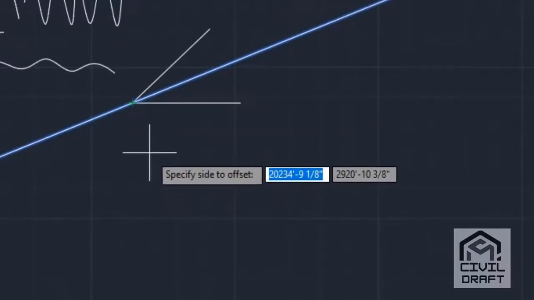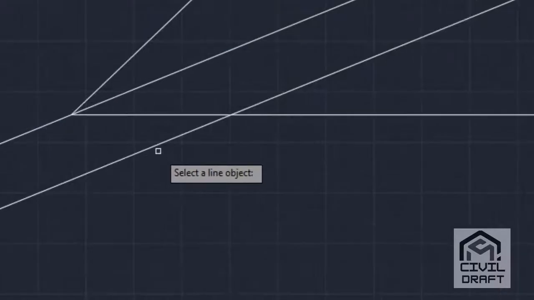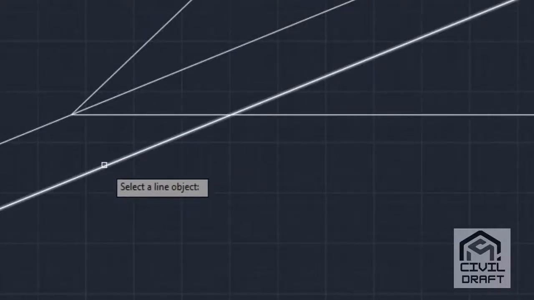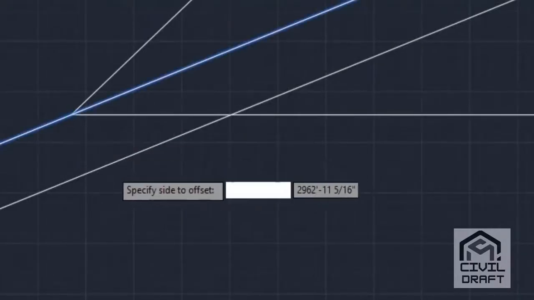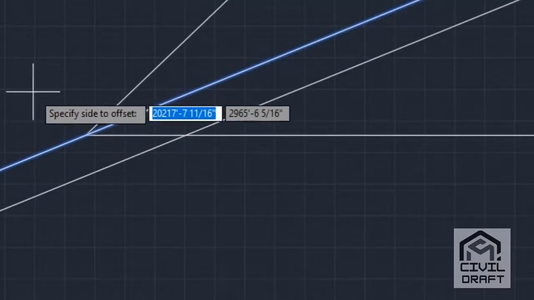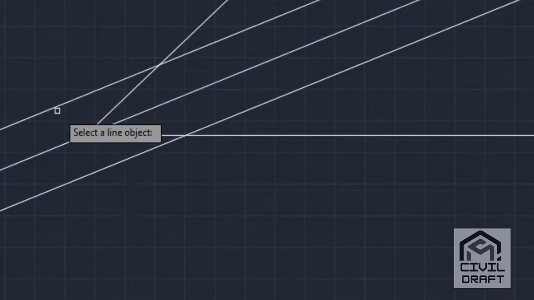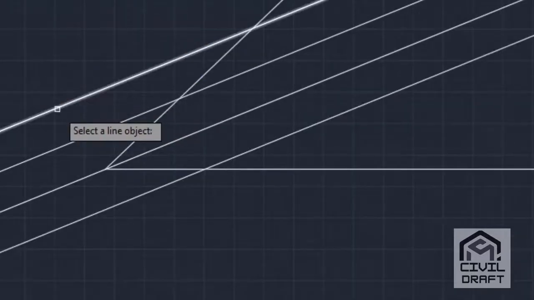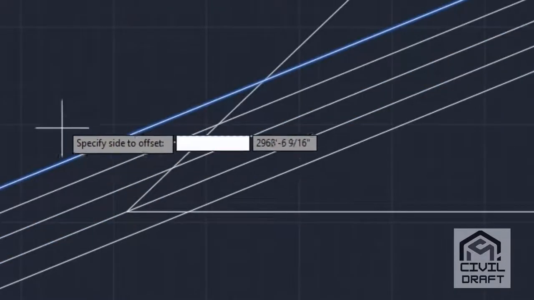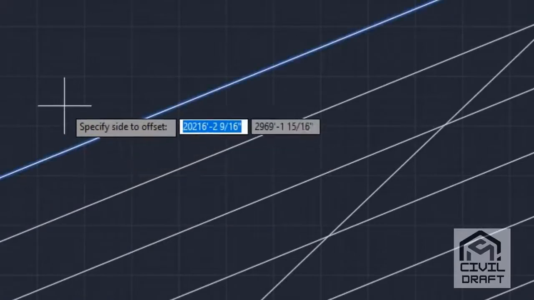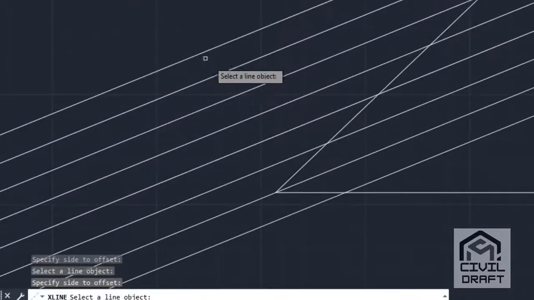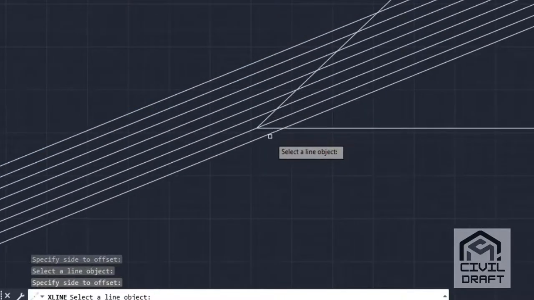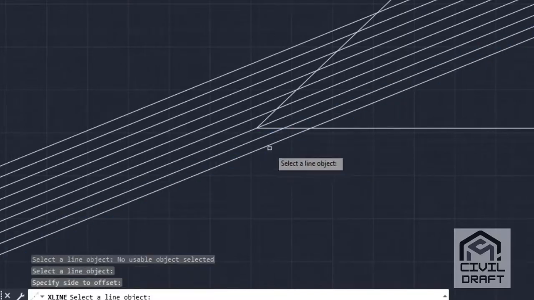For example, I'll click this side. Here I have the offset of this construction line. Again select. If you need the construction line on this side, then click here. In this way we can select and click in the required direction, and by using this offset we can create many parallel lines here. Select and click on the side.